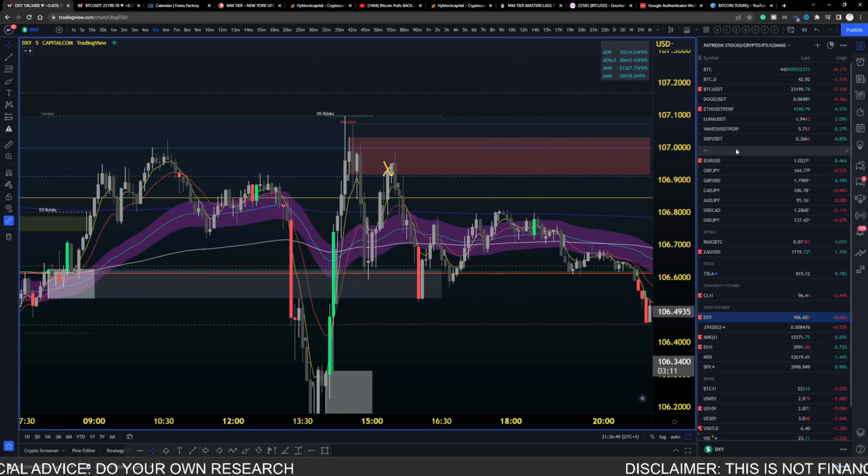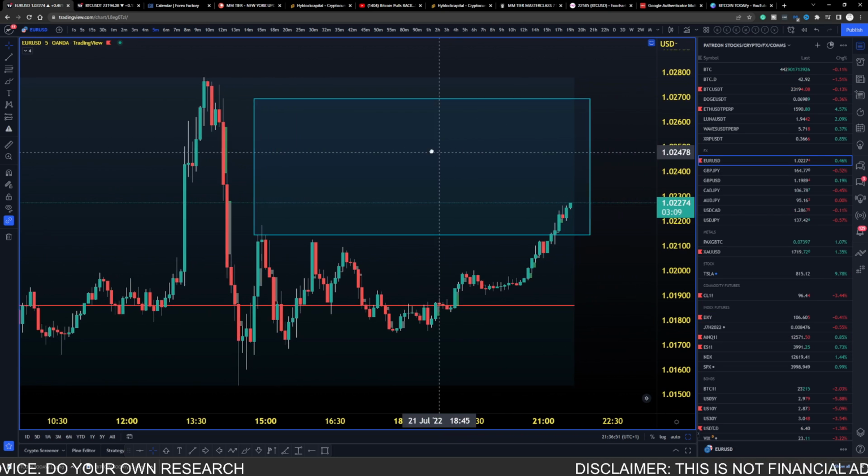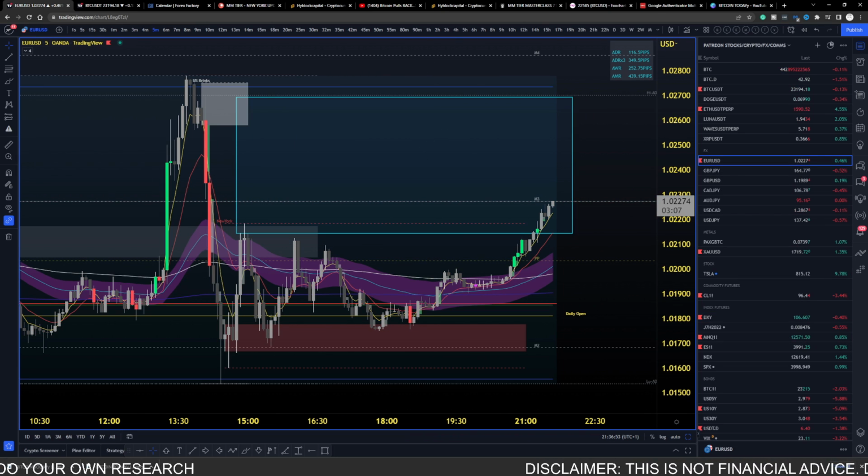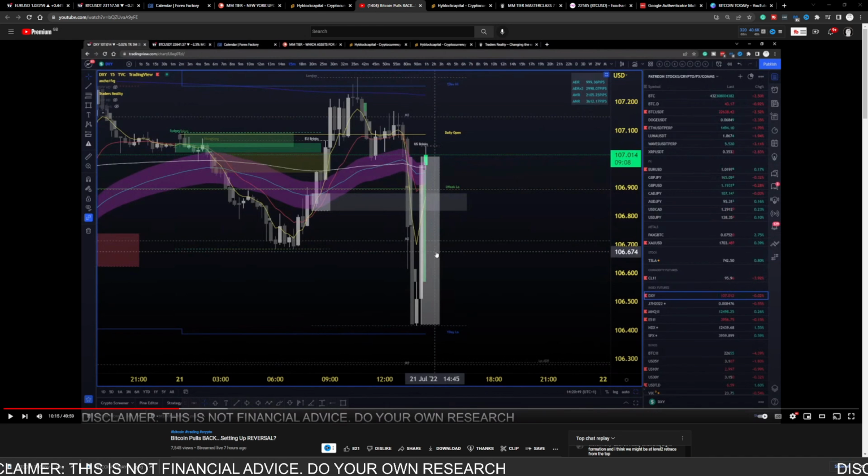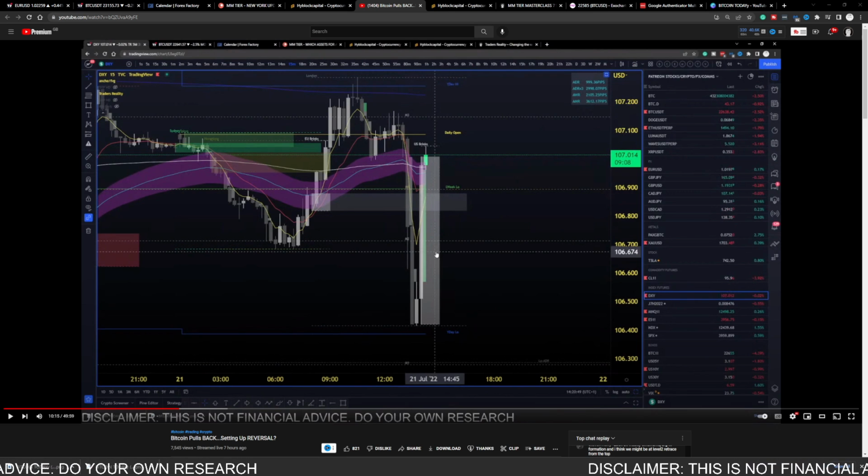Let's go over to Euro USD. Funny story, eh? Let's break down Euro USD to understand the trap. So here is the story of Euro USD, where we dive into the idea of, if you want to pick up something, do you pick it up cheaper or at a higher price? This is the example of the trap.